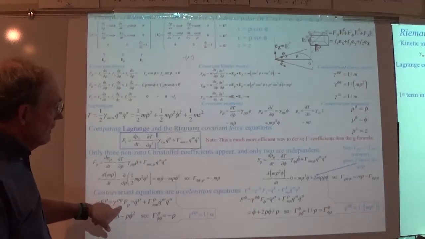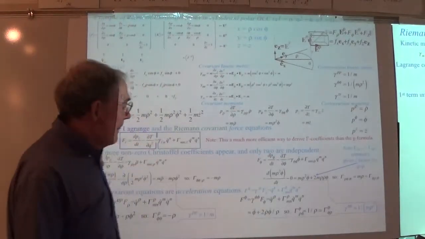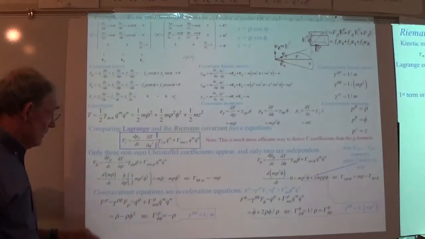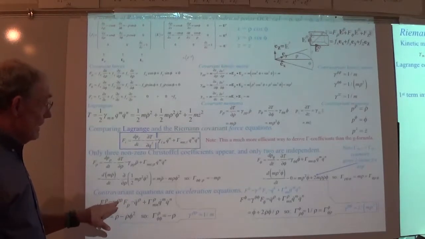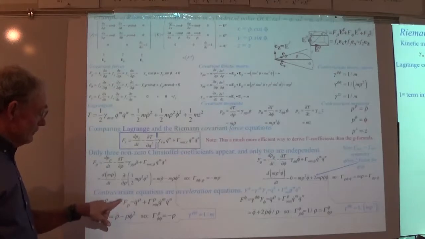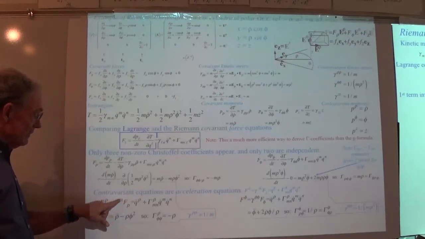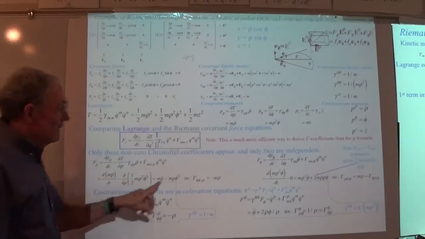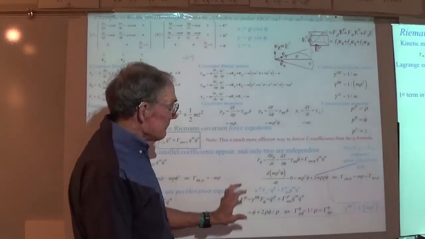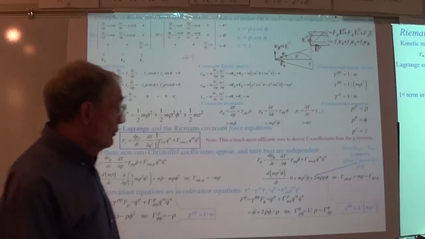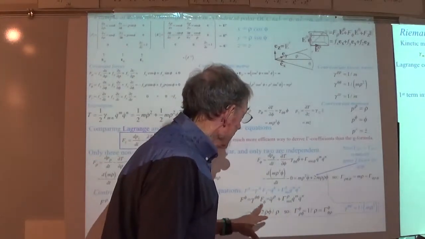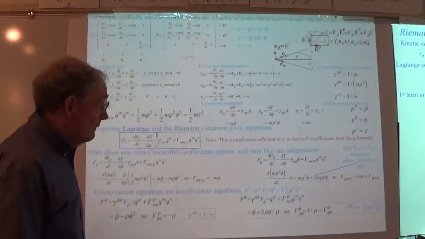If I stick it here and here, okay, that's the definition for the contravariant force, and this would be a sum if it was dummy indices. They're not dummies. These are radii, and these are phi. So you just have a simple product. In any case, that leads to these expressions here for